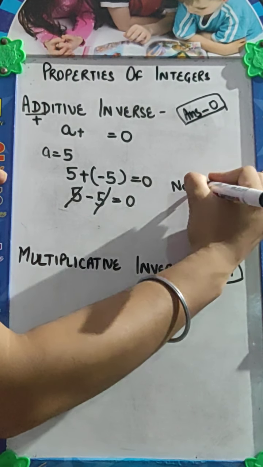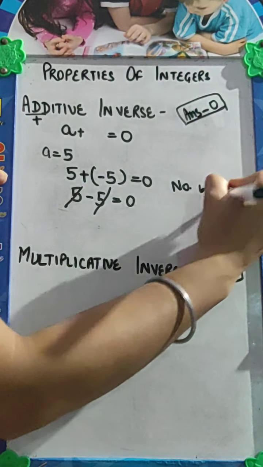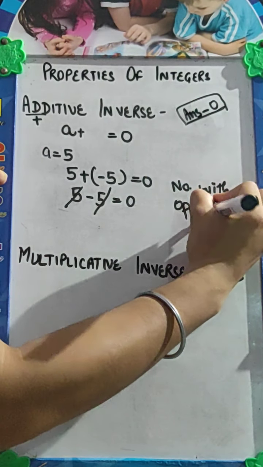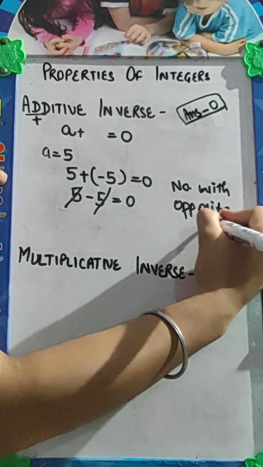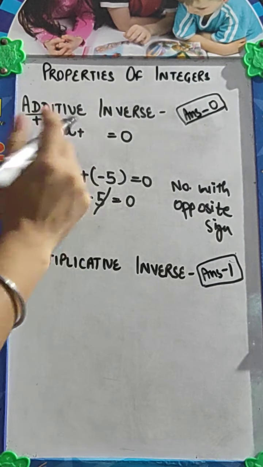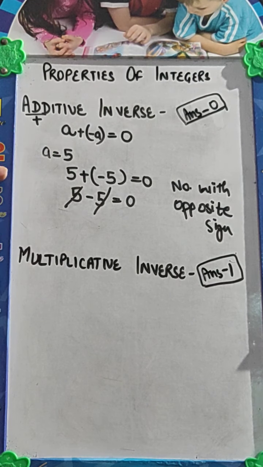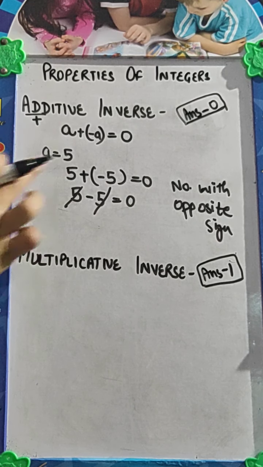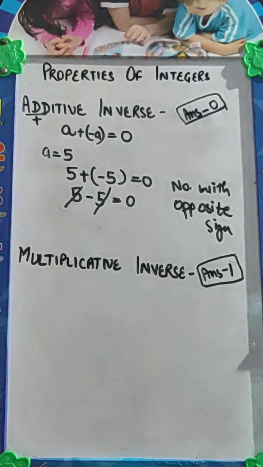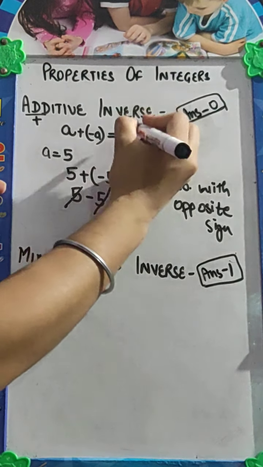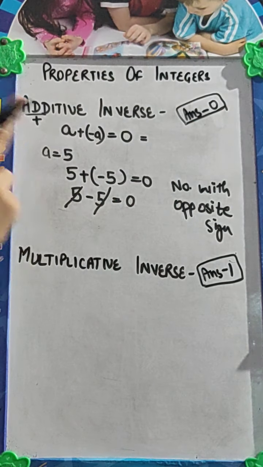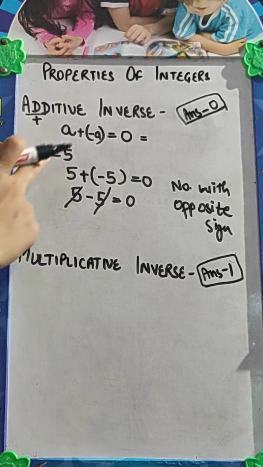Adding its inverse means we just have to take the number with opposite sign. हमें क्या number लेना है? Number with opposite sign. Okay. Now a is positive. Its additive inverse is minus a. a positive है, इसका additive inverse क्या होगा? Minus a. In this case our answer is always 0. Additive inverse के केस में हमारा आंसर हमेशा क्या आना चाहिए? 0.